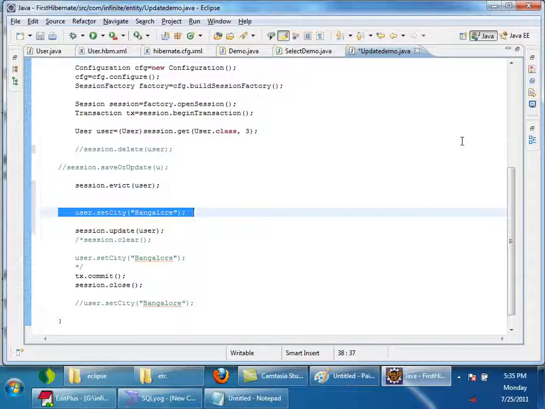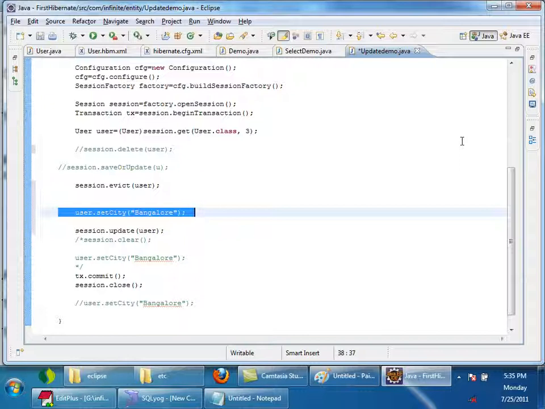Will it be treated as dirty now? No, because it is in detached state, right? And then again I am saying session.update. What will it do? It will make this user object persistent again, right? And as I am using update, it will assume that you have modified that object and result in an update query with whatever changes were made to that object.